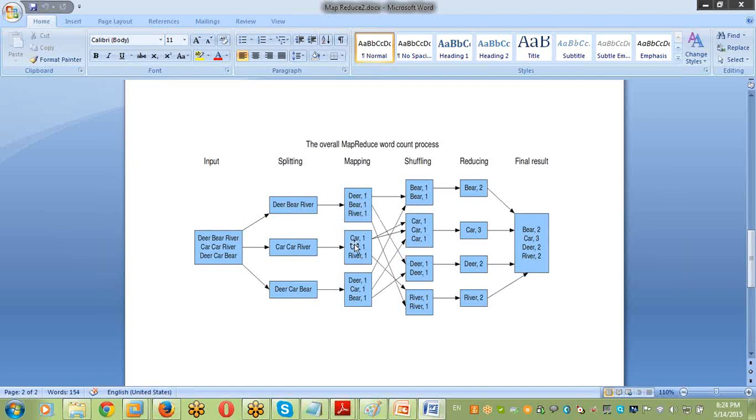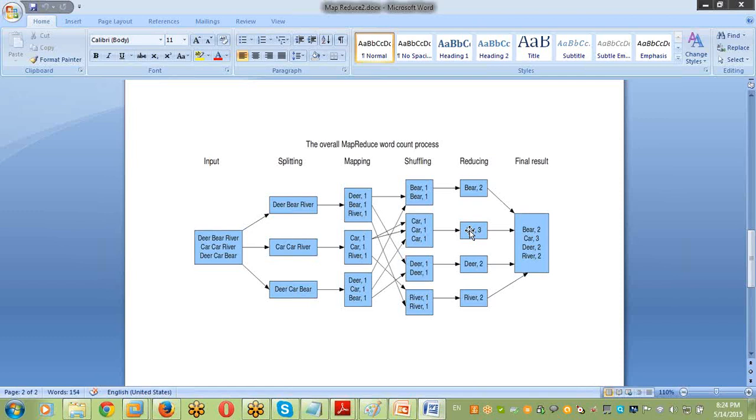Once the mapping logic is completed, it gives the output, which we call the intermediate output. That intermediate output goes to the reducer input. The reducer's responsibility is to take the input from the mapper, reduce the data, and the final summation gives the output. That is the final reducer output. Once both mapping and reducing are completed, we get the MapReduce output.